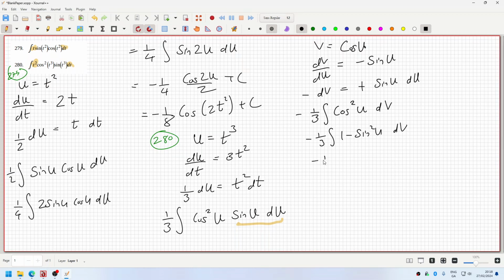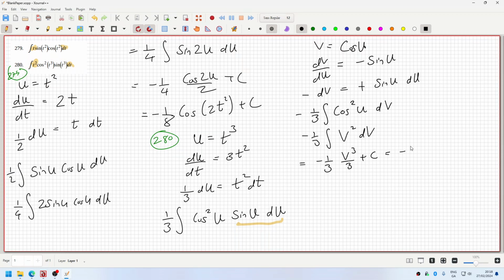So that's minus 1/3, 1 minus... Oh, actually, I shouldn't have done that because I could change that into minus 1/3 cos squared, so that's v squared dv. So then that would equal minus 1/3 v cubed over 3 plus c,